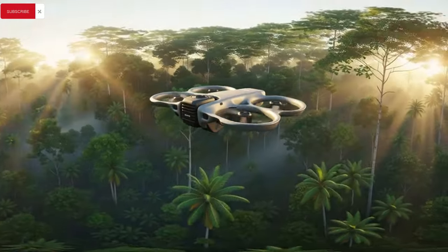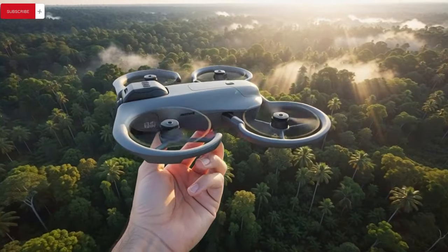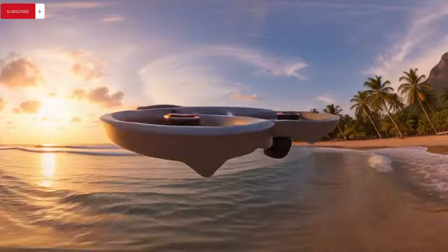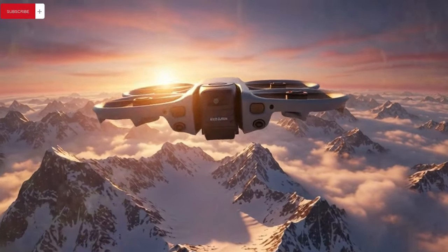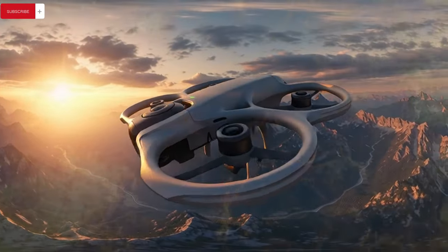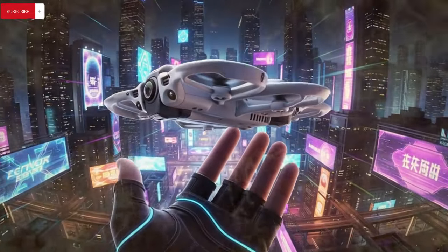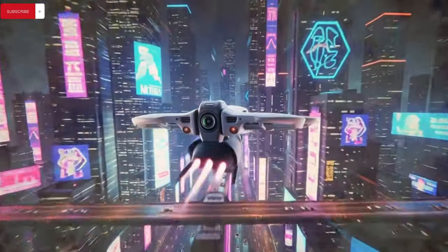Weight-wise, the drone remains above the threshold that would exempt it from registration in many regions, a trade-off that clearly reflects the company's emphasis on performance, sensor size, and battery life over ultra-light travel friendliness. Yet for experienced pilots and serious creators, this is often an acceptable compromise, especially when paired with advanced transmission systems. Upgraded digital links offering extended range and improved signal stability, and compatibility with the latest generation of goggles and controllers designed to deliver lower latency, higher clarity, and more intuitive control, all of which contribute to a more immersive and